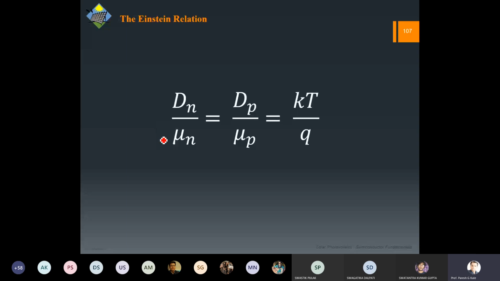Then there is the Einstein relation. We have already seen two constants, diffusivity and mobility, and you can see that the ratio is constant, and that is given by kT by Q. So if you are talking of a particular temperature, then K and Q are already constant. So the D by mu ratio remains constant, and even if you elevate the temperature, still this D by mu ratio will remain constant. The derivation of this Einstein relation we will see when we see certain equations. We require certain equations to derive this. We haven't seen them yet. So anyway, D by mu remains constant for a particular temperature.